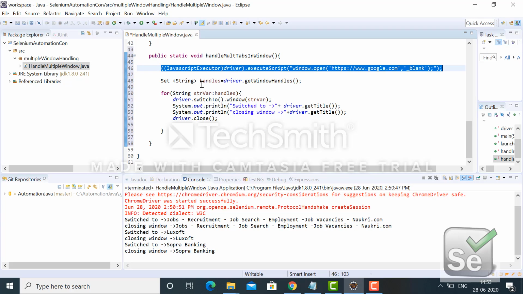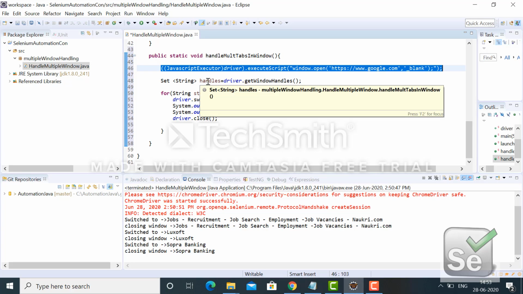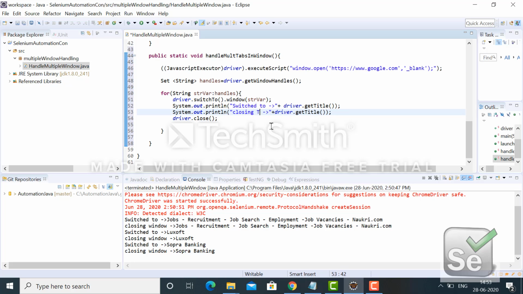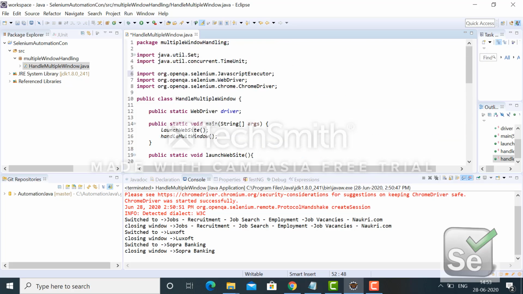Then, using the same tactics as I used to handle multiple windows, I will fetch the number of tabs open in the same window, and then switch to each and every tab, close them, and print the title also. So switching and closing, not window, here it will be tab.